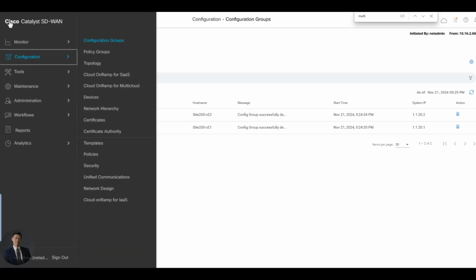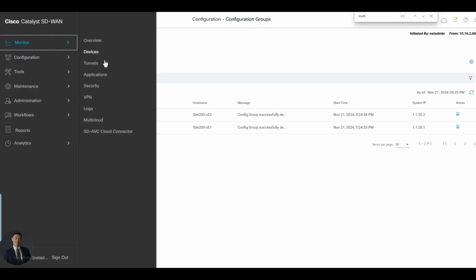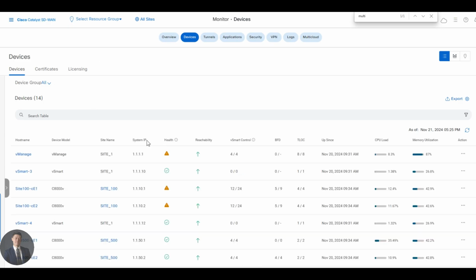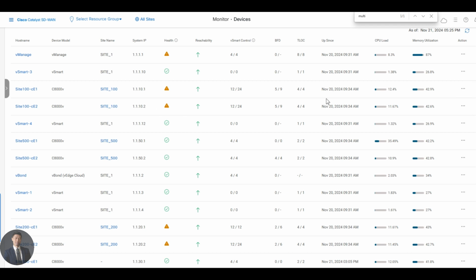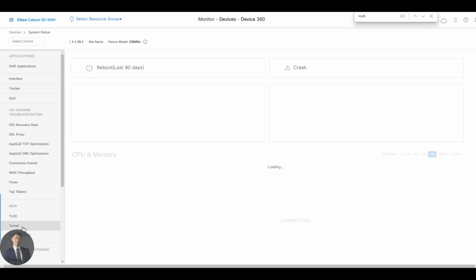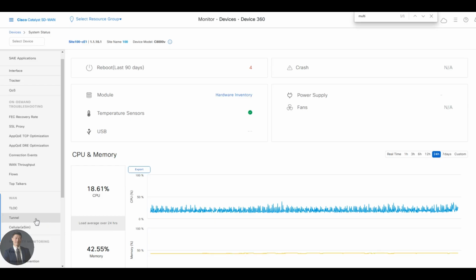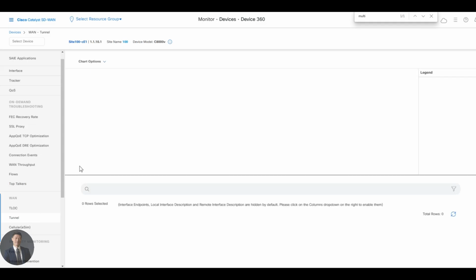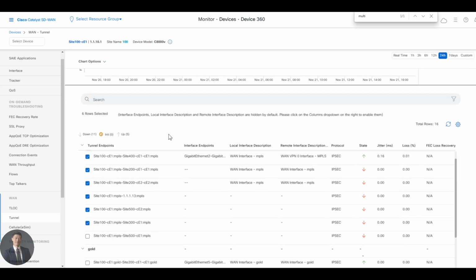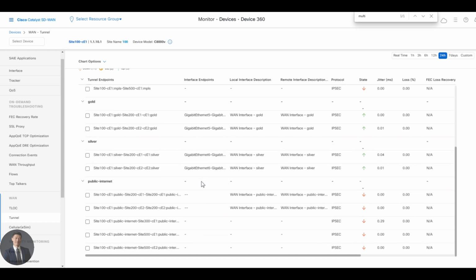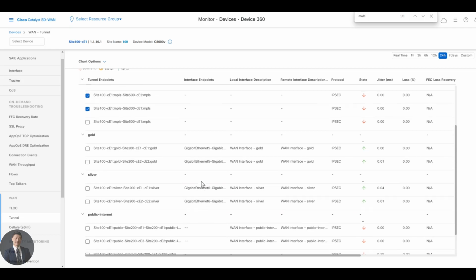To confirm that now region 0 fabric is operational, we'll go to monitor, devices, find the Site 100 CE1. Quickly click into it. Click the tunnel. I should see 2 tunnels per gold and silver. But next, we'll configure MRF edge device, which is East Coast region, and